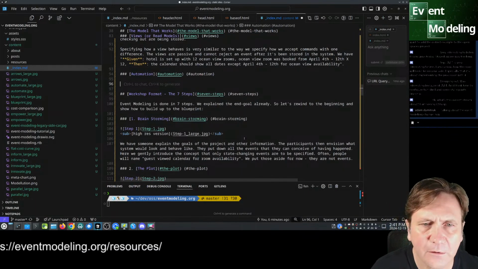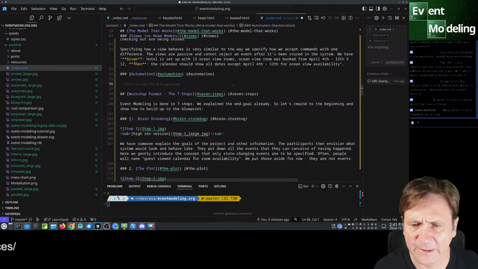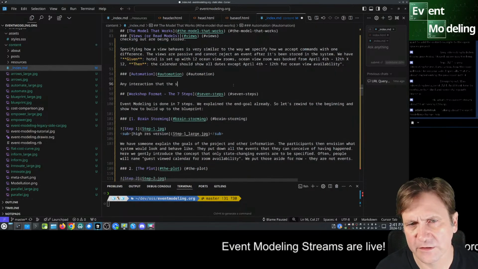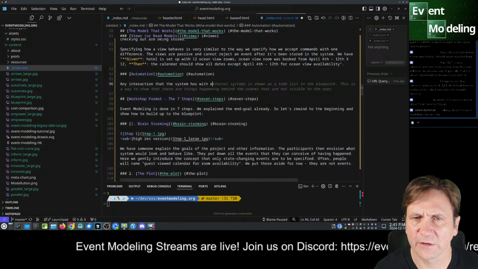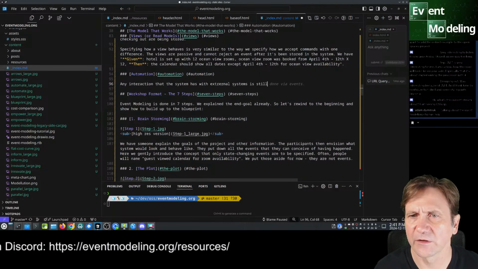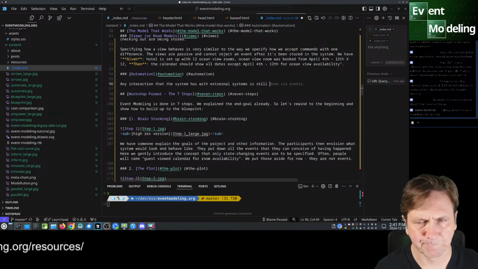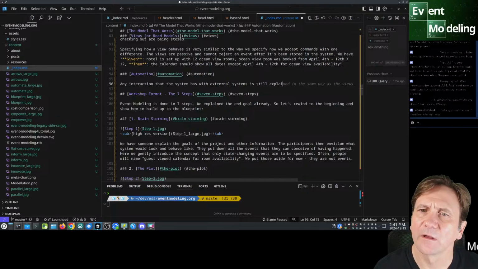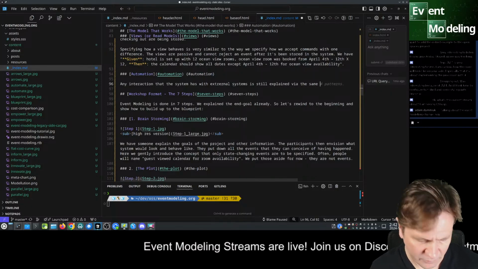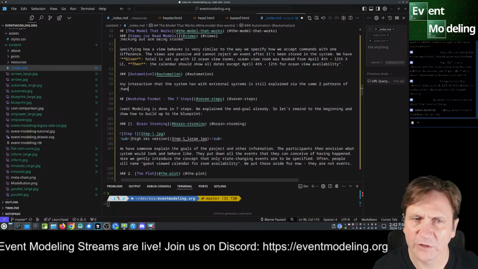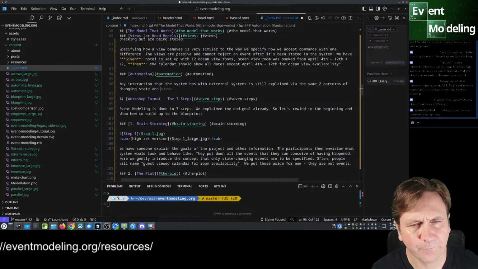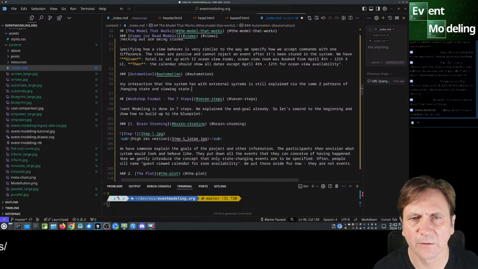And we can say any interaction that the system has with external systems is still automated, still explained via the same two patterns of changing state and viewing state.